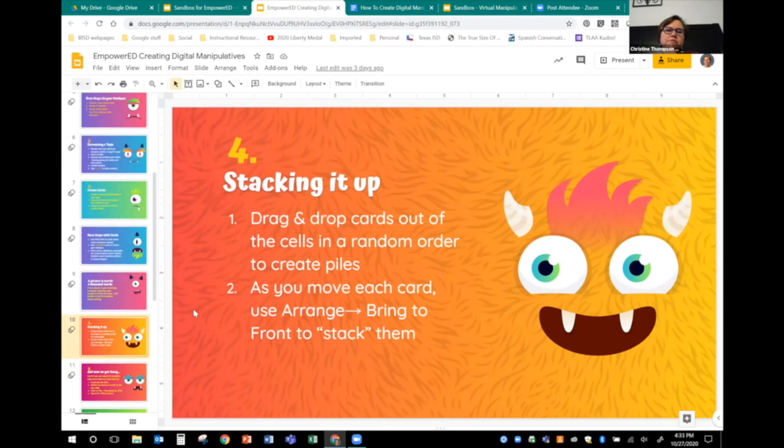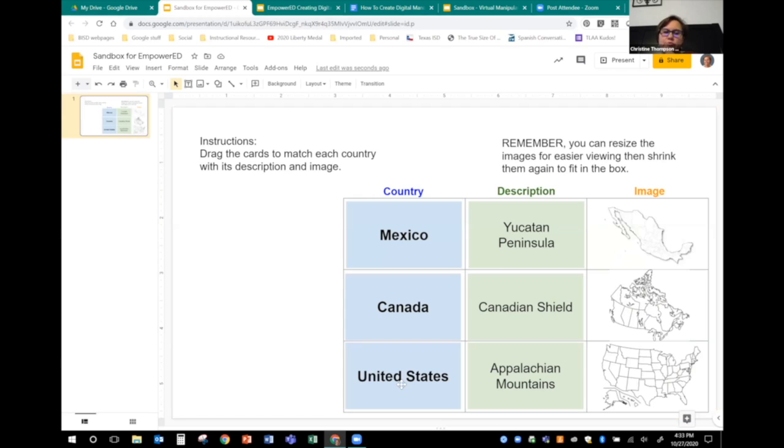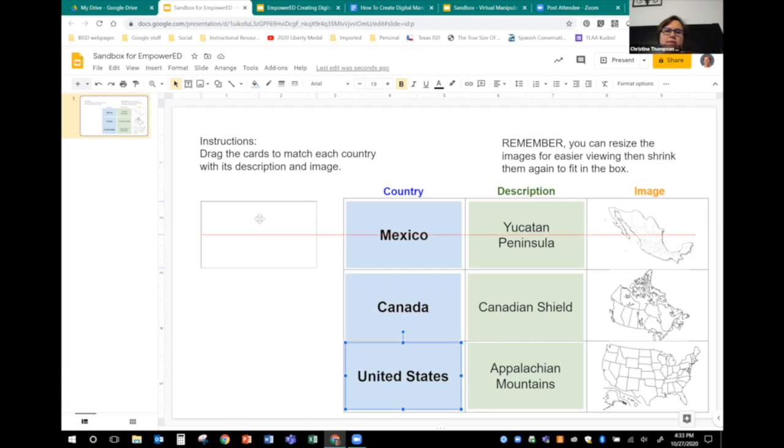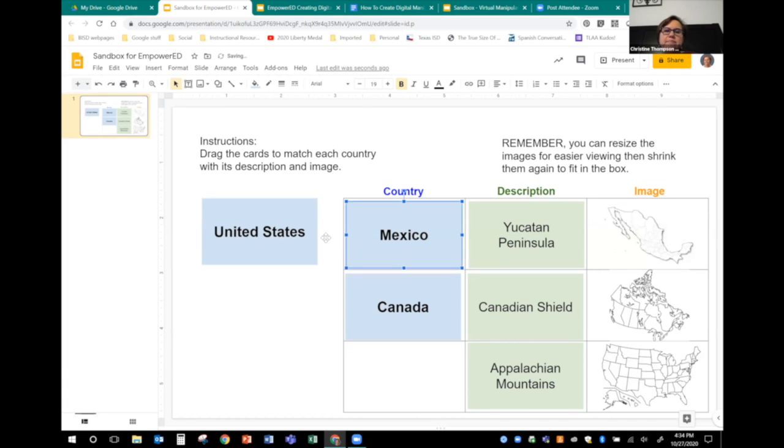So now we're going to drag those cards out, and we are going to stack them. So we're going to take them out in a random order. And this is where we have to use some magic here, which is we got to go arrange, bring to front, because whenever you pull them out of there, they're going to stay in the order that you made them. So for instance, if I pull out the United States first over here, and then I stack Mexico on top of it, you'll see that the United States stays on top because it was the last card I made.